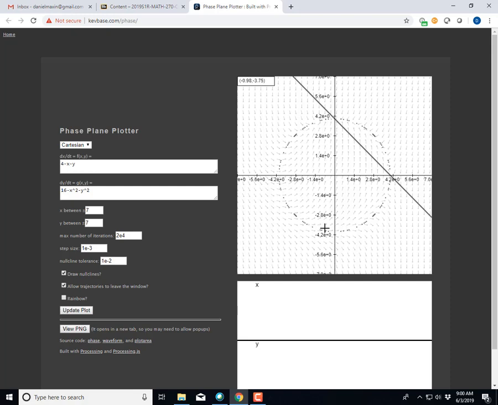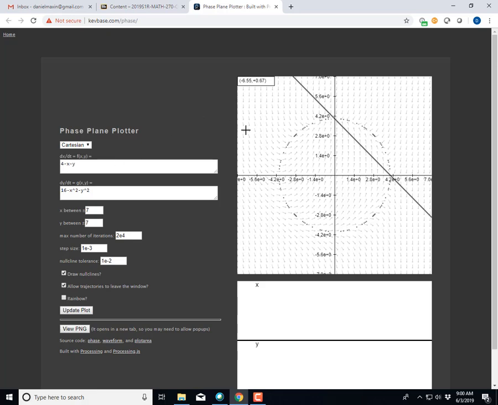Again, the null line for y prime separates the movement upward or downward. So notice, you can see it better: inside the circle, arrows move upward because inside the circle, y prime is positive. Outside, all the arrows are downward. X prime now, look at the line. If you are below the line, arrows move to the right because below the line,